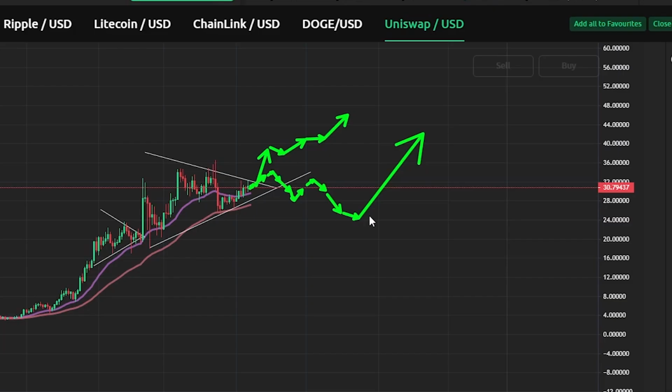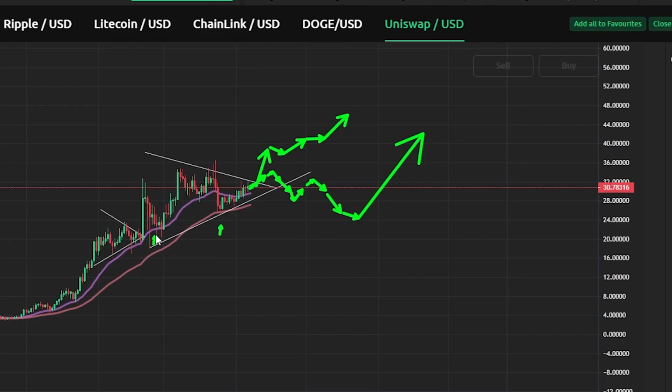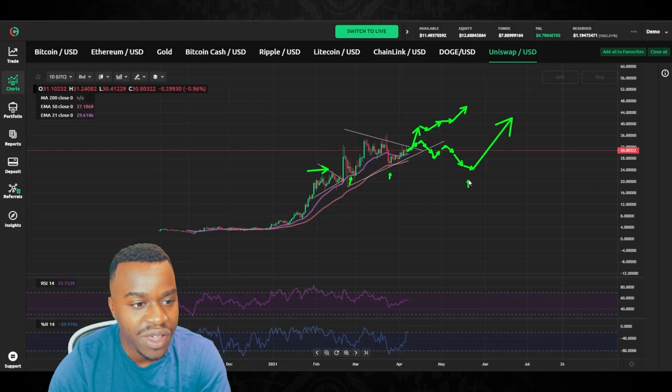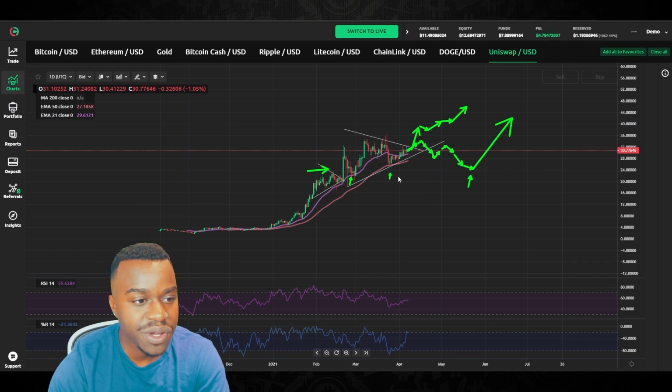If we did get a rejection here, I guess the support would be down here. The major support would be in that low $20 range. As you can see, we do have quite a bit of consolidation and price action movement in that range. So if we were to reverse right now, I would look at that range as a potential buy the dip opportunity and a potential yearly low, as long as no major support is broken.